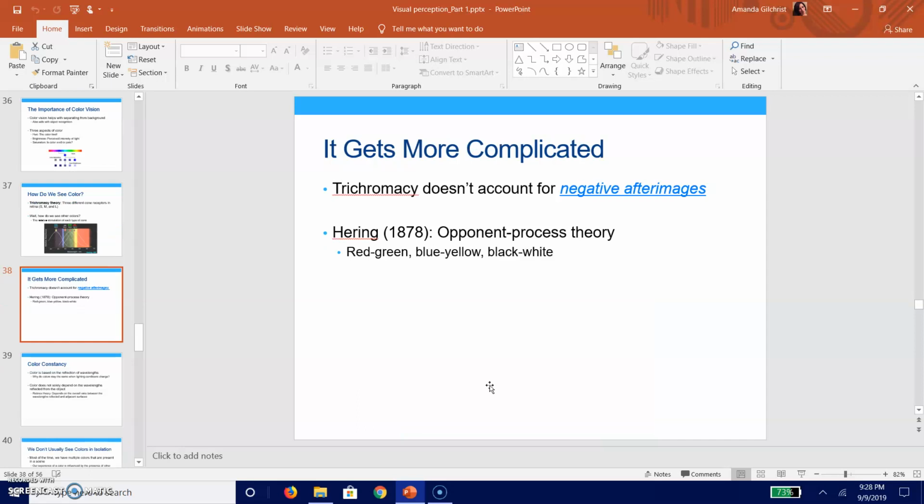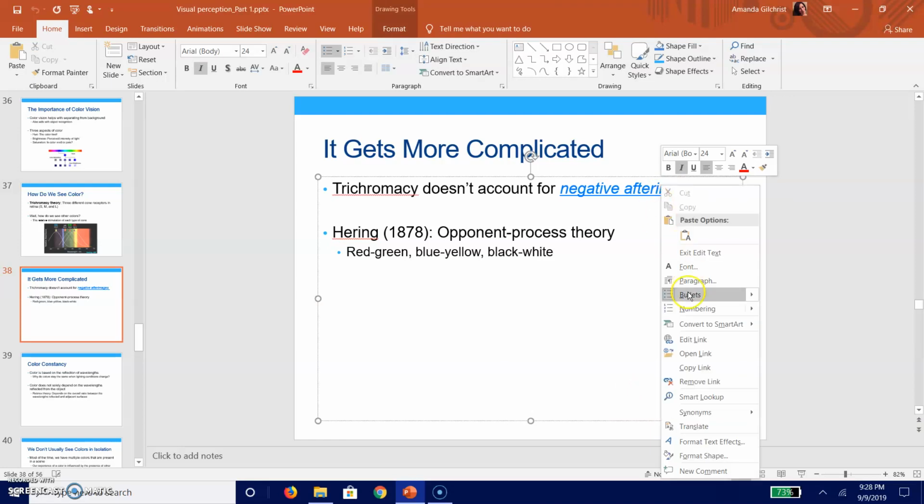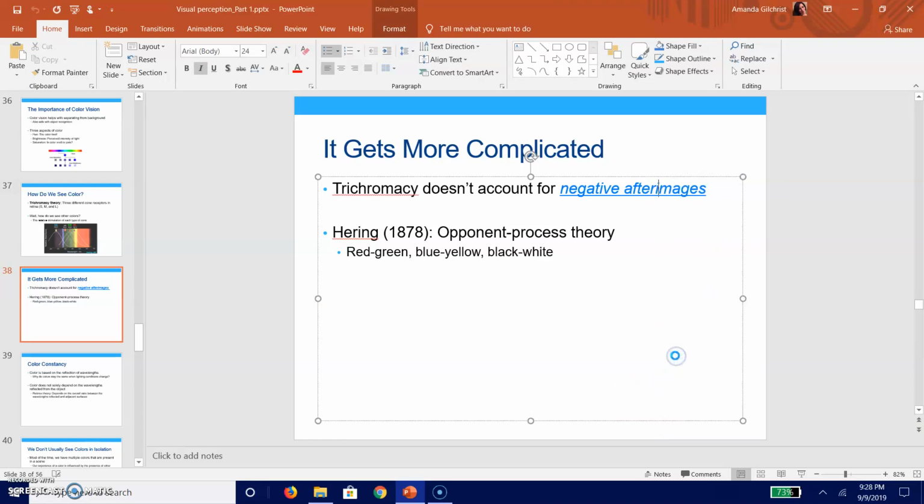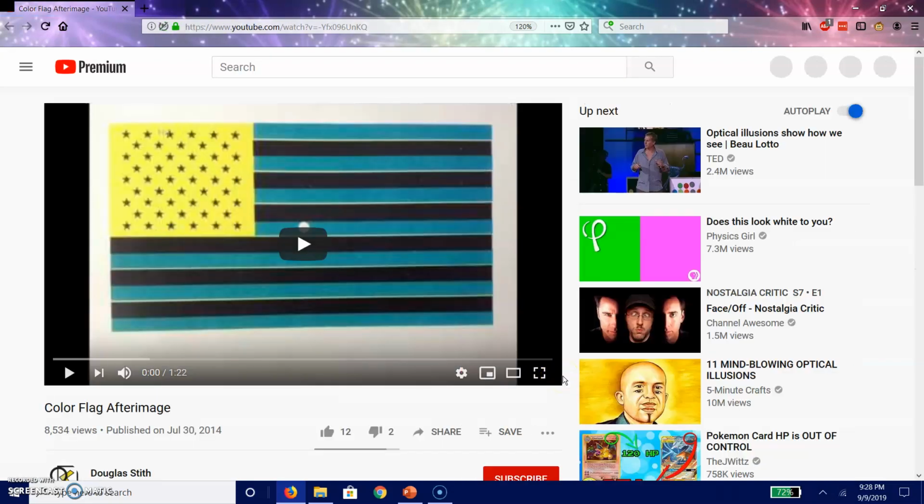But it gets a little bit more complicated. One of the things that people have discovered is that trichromacy doesn't really account for the finding of something called a negative afterimage. So I'm going to show you an example of this using my computer. Let's see if the internet works. Come on. We got to do this for people. So I'm going to pull up a YouTube video. So we're getting a little meta here. We're watching a YouTube video in a YouTube video in this particular case. So we're going to play this